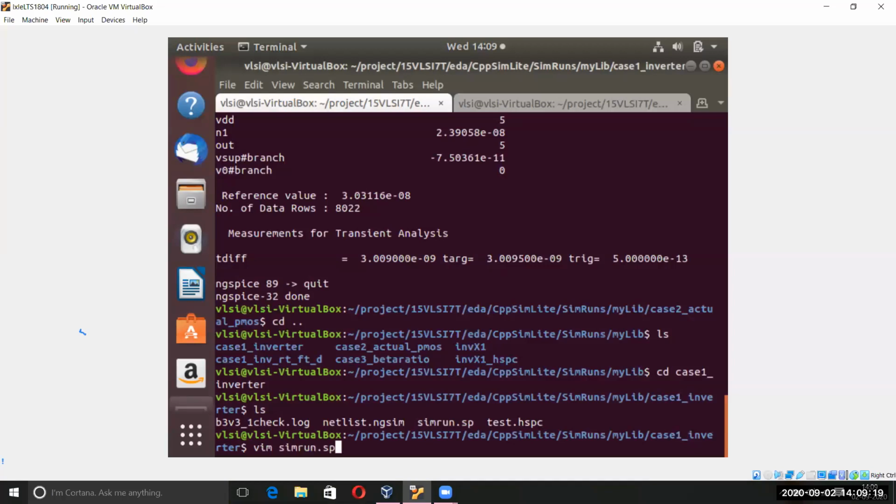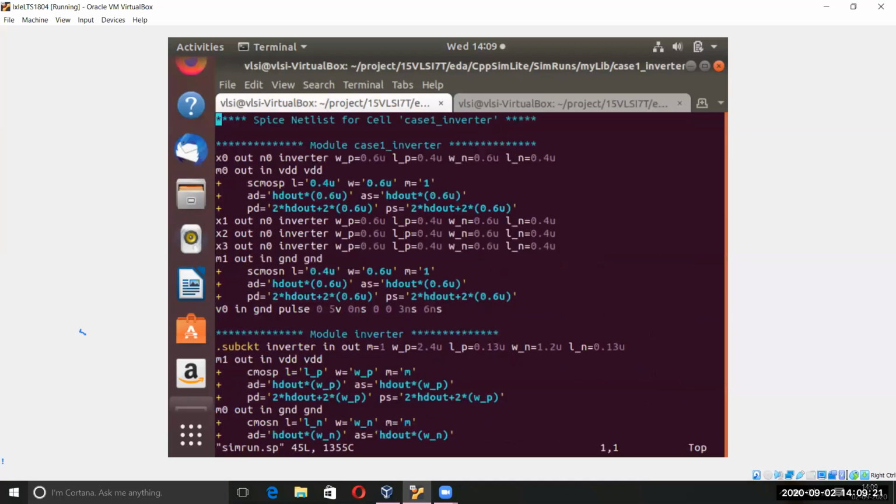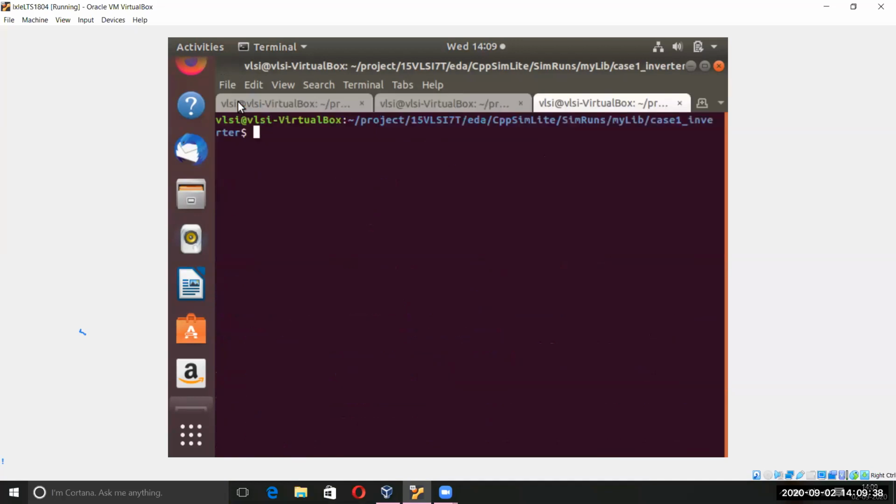Now you have to make changes here. You have to give the path name here. I'm not going to write it fully, I just copy.